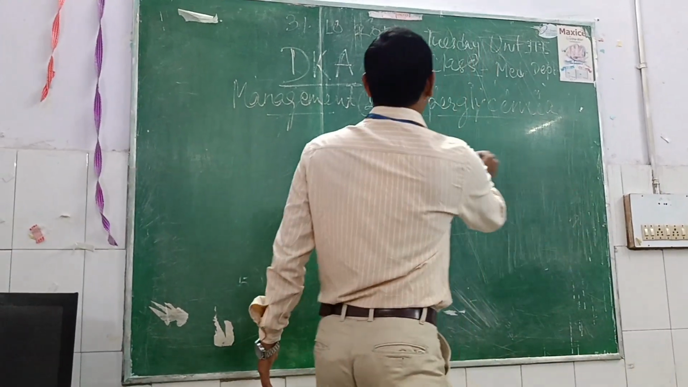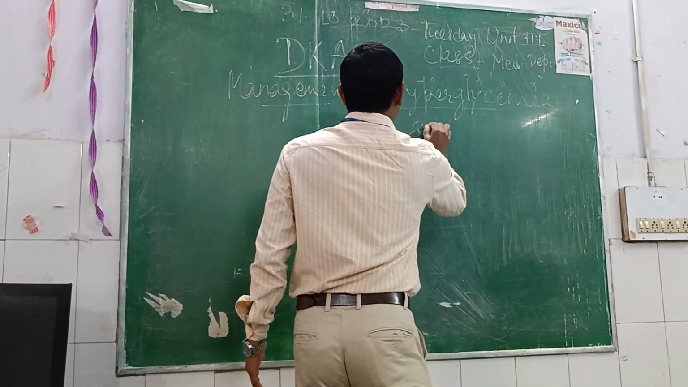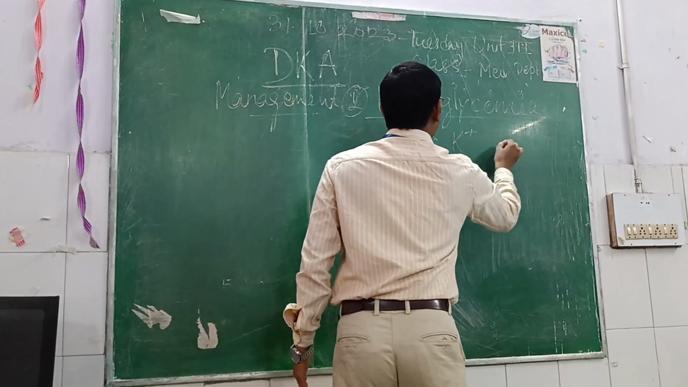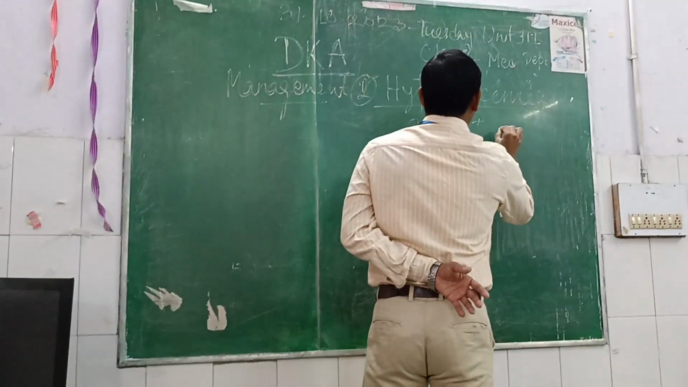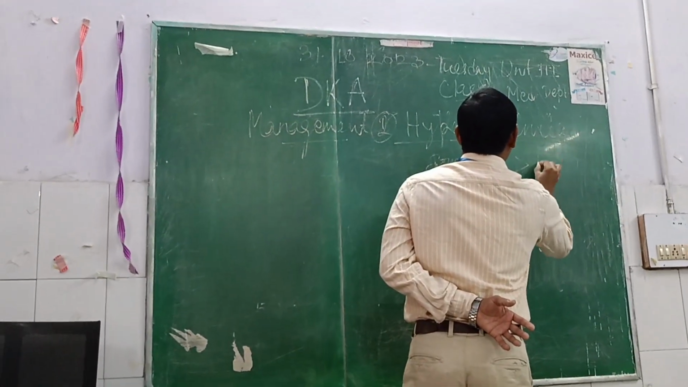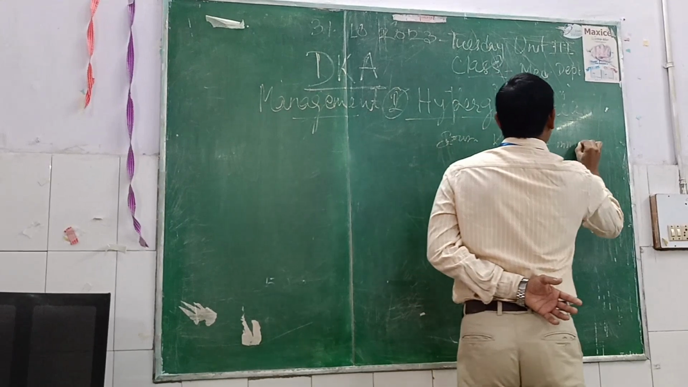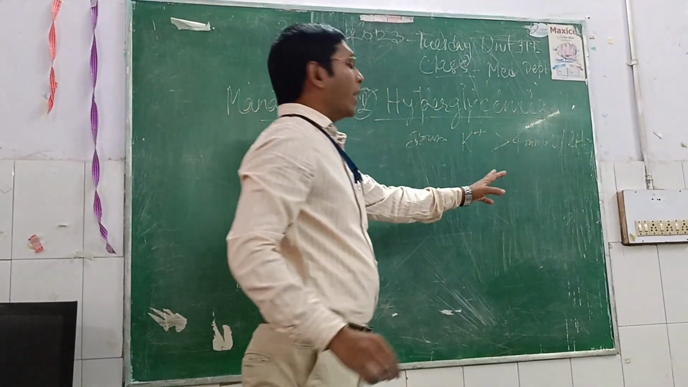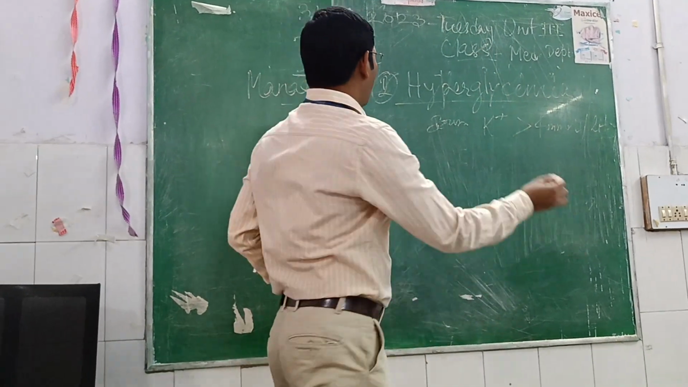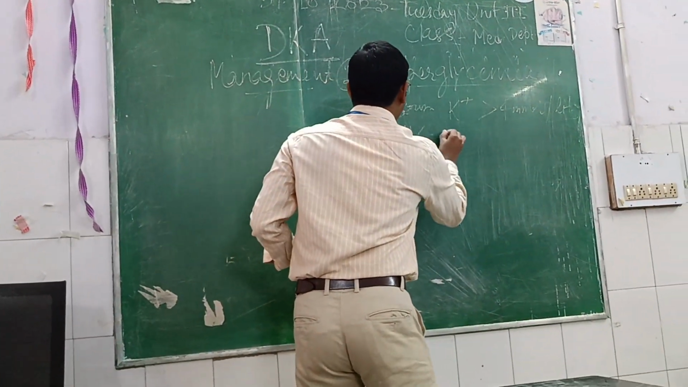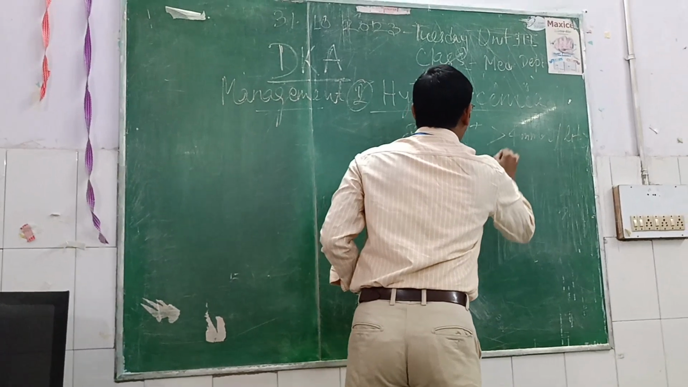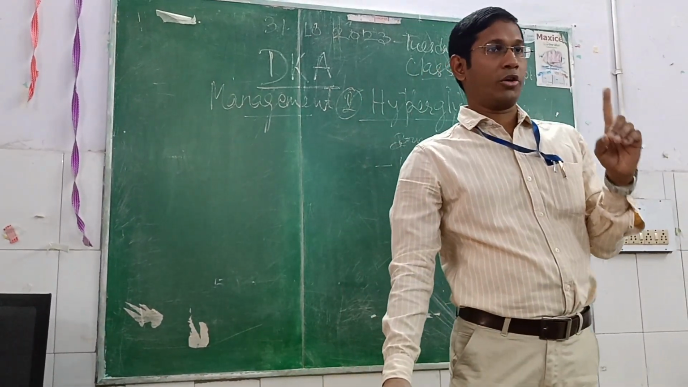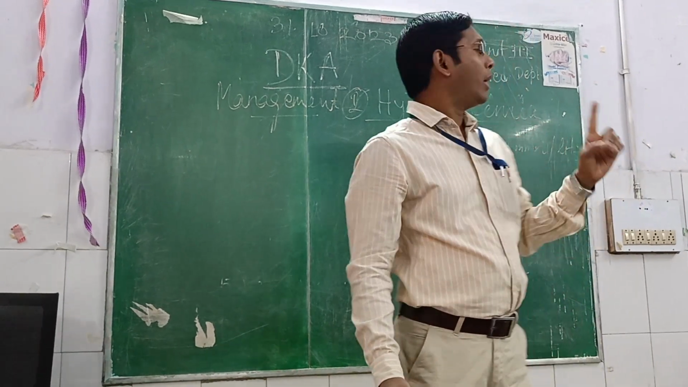So if the serum potassium is more than 4 millimole per liter, you can safely go for IV insulin, because IV insulin causes intracellular shifting of potassium ion, and